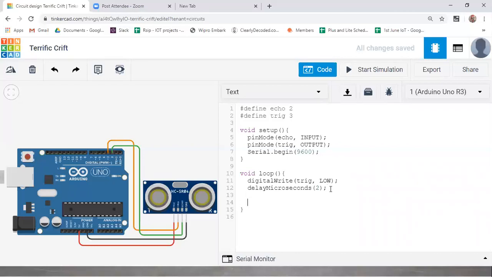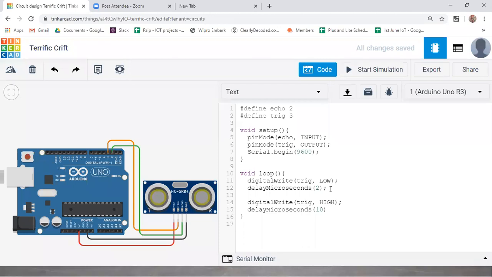After that you need to turn on this trigger pin. First make the trigger pin high, and keep it on for 10 microseconds. We have seen it, right?